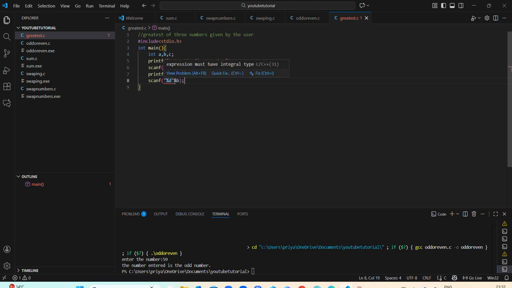So scanf, and here see, VS Code has this amazing thing that it shows the error whenever you make some mistake. Here I have missed the comma, so it was showing the red line over here. So now printf,